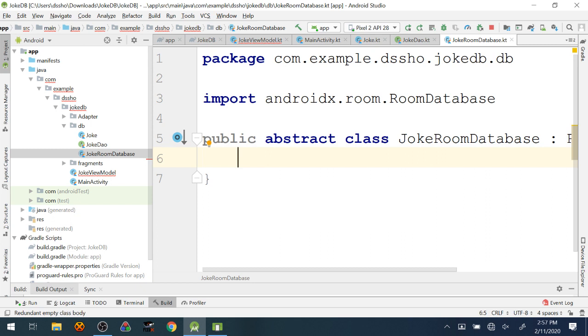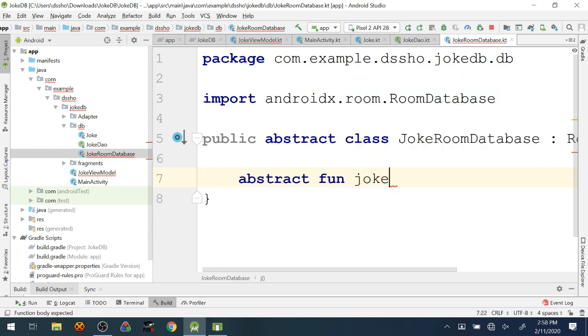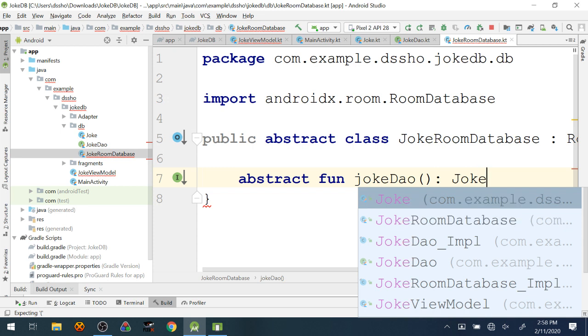Yeah, exactly right. So an abstract class is going to have some methods that don't have implementations associated with them. Why that's important here is the Room library is going to take care of that implementation for us. Again, very similar to how the Web API library that we used last week, Retrofit, handled things. We provided it with the specification via an interface, and it took care of actually doing the implementation. It's the same kind of concept here. And so the abstract function that we're going to implement is actually one that lets us access the data access object that we were just looking at in the previous file.